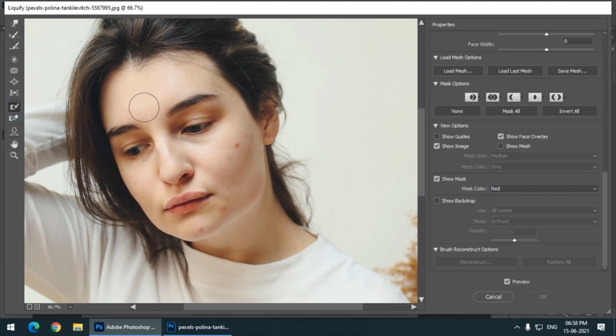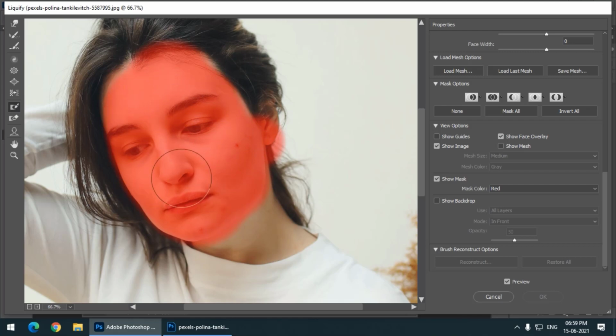Then we have the freeze mask tool. Let's say I want to protect these pixels, I don't want to change these pixels, I only want to change the hair, because it can happen accidentally that I change these pixels.